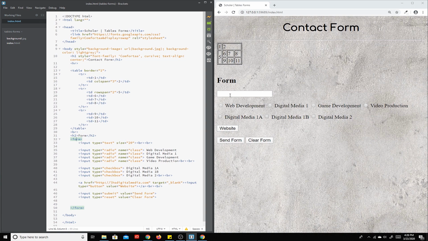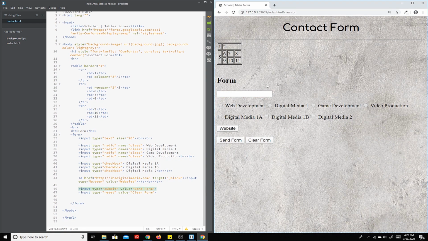So make sure they're there, but if I go ahead and type some things in this and I hit send, you'll notice it sends it, it flashes and clears it. If I do the same thing and I hit clear, it just erases everything and lets me start over. The last one that we're going to look at, in fact there's two more, so let's go back above these buttons,